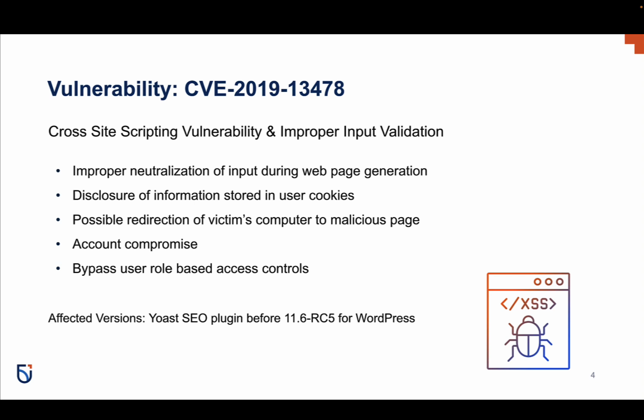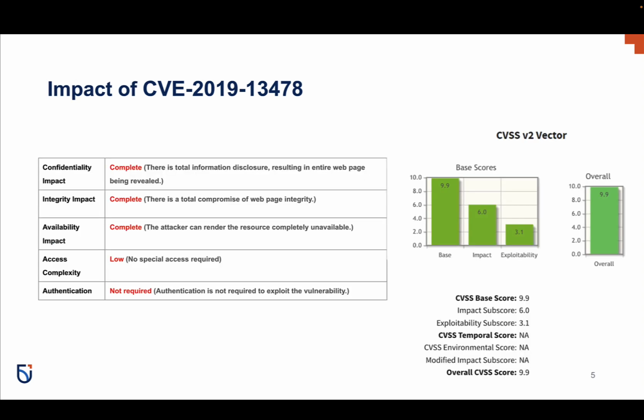Affected versions of the Yoast SEO plugin are anything that was built before 11.6-RC5 for WordPress. So in RC5, they released a patch for this vulnerability. And the impact of this CVE: the V2 overall score is 9.9, given it impacts confidentiality, integrity, and availability, all three